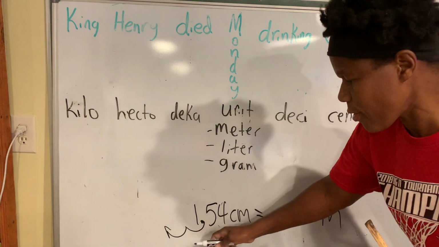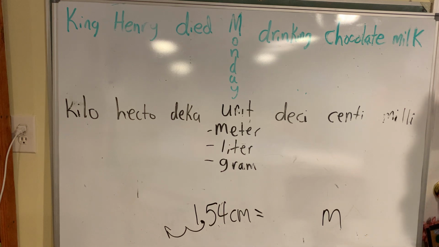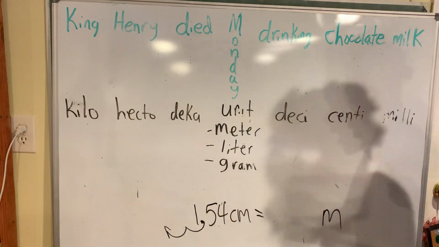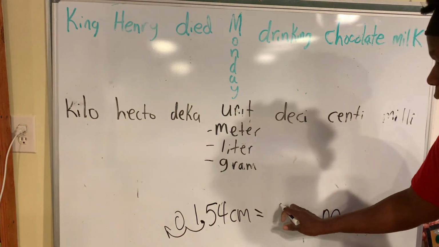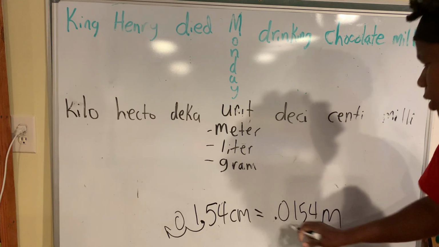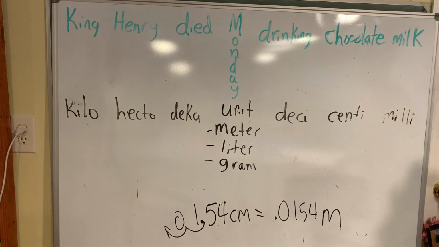Wherever there is a loop, every loop has to have a number. If it doesn't have one, what number am I going to add? That's right, I'm going to add 0. Very good. So my answer here is 1.0154 meters. You see that? See how easy that is? How many of you guys do that already?